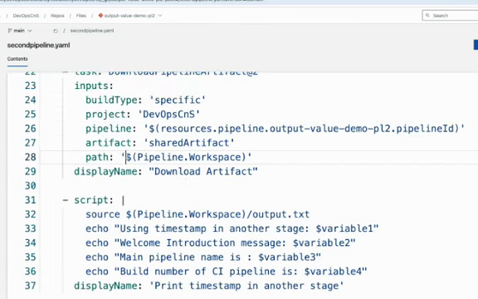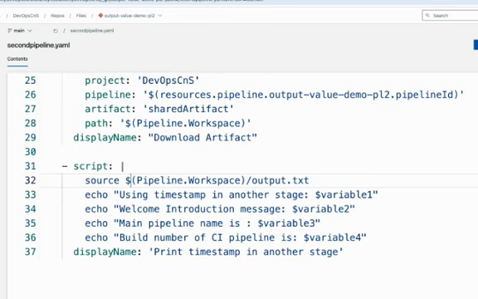So the path here is the pipeline.workspace. This will be the complete path, the $ sign pipeline.workspace slash output.txt. So it will read the output.txt file and then it will start printing the messages. The first message will be variable 1, which is the timestamp. The second message is the introduction message, whose key name is variable 2, and third is the main